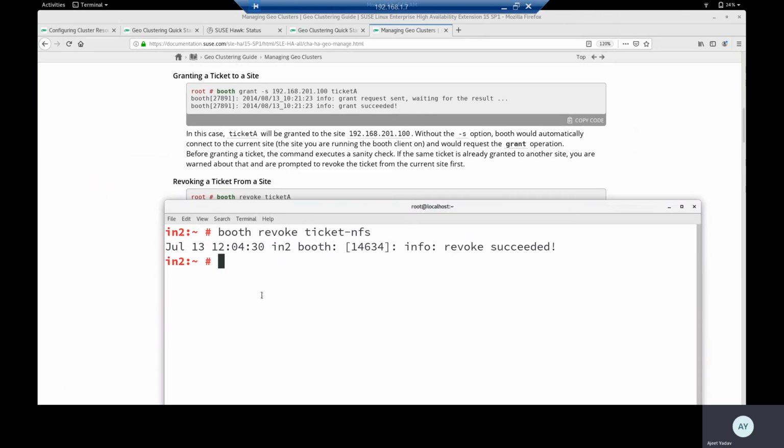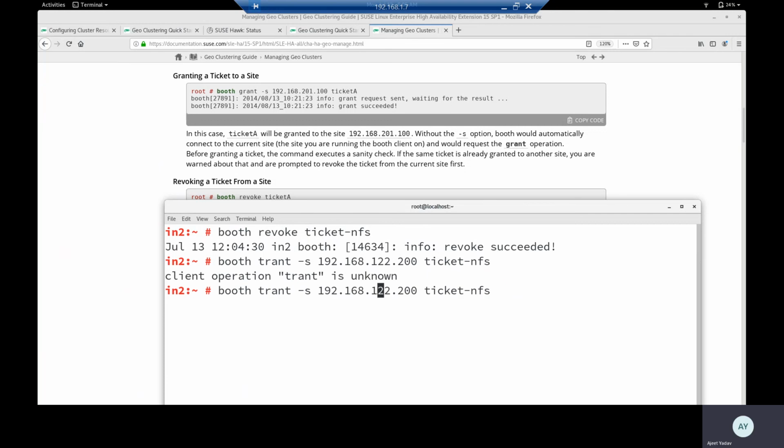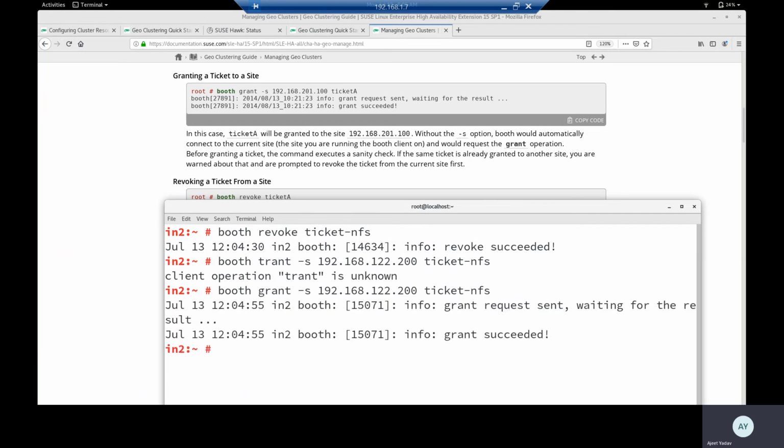To grant the ticket, booth grant with the IP address 192.168.122.200, and then the name of the ticket, ticket-NFS. So you have a ticket now, right?